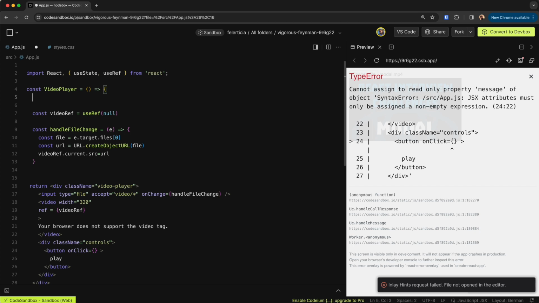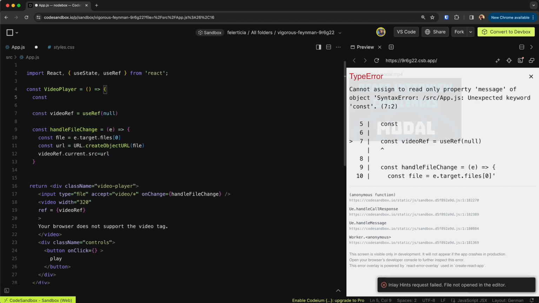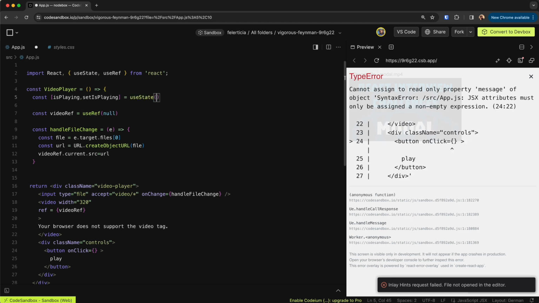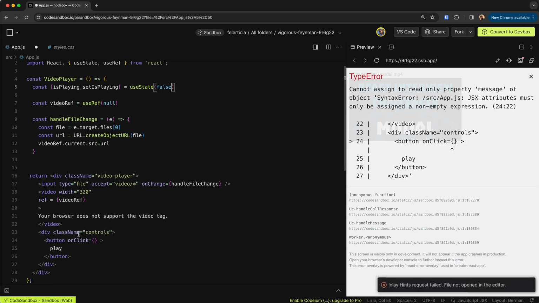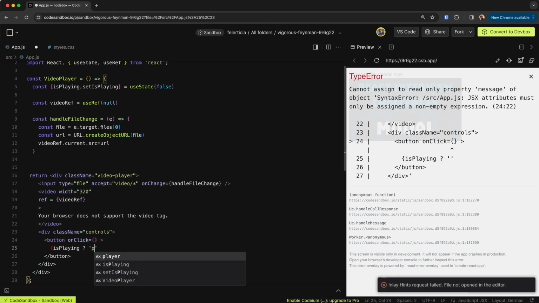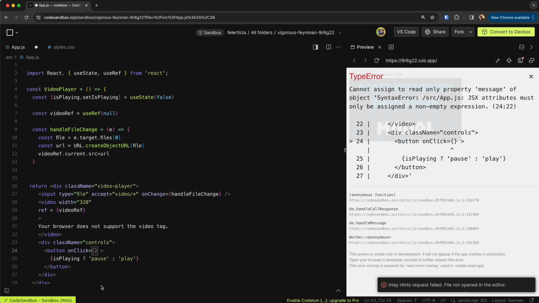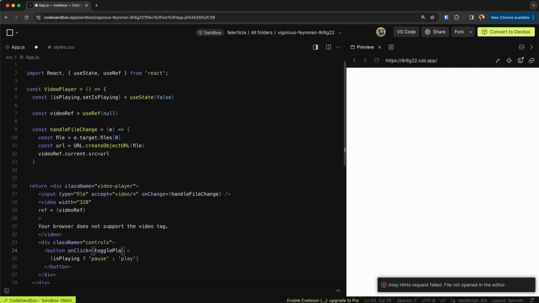So we can define the state here. We can say is playing and set is playing, we use the state here. The beginning is false, and down here we can say is playing. So if we are playing, we can pause the video, otherwise we can play the video. And this function is toggle play,